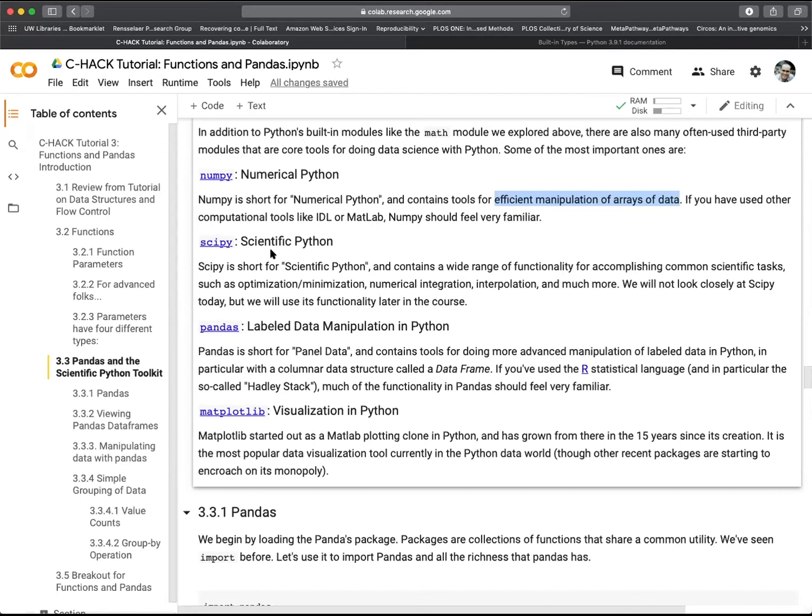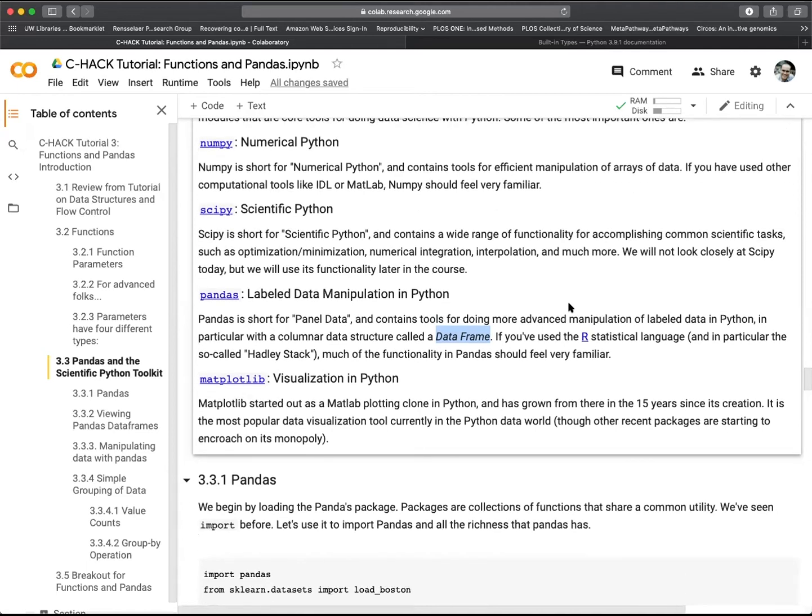Anytime you want to load in data that you would normally think of in a spreadsheet is a great time to think about using Pandas. And in fact, Pandas can load Excel spreadsheets directly without a lot of work. So Pandas is super cool. And this idea of a two-dimensional piece of data is called a data frame. And that's borrowed from the statistical programming language R,